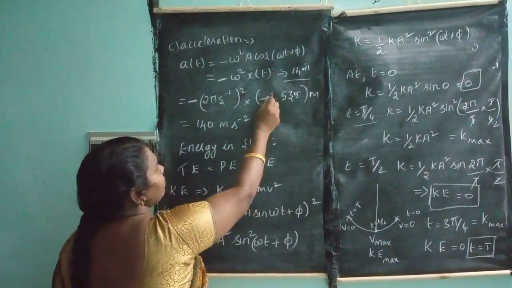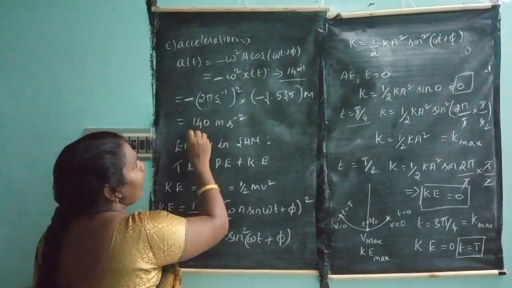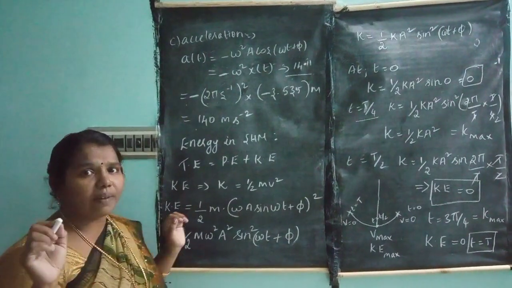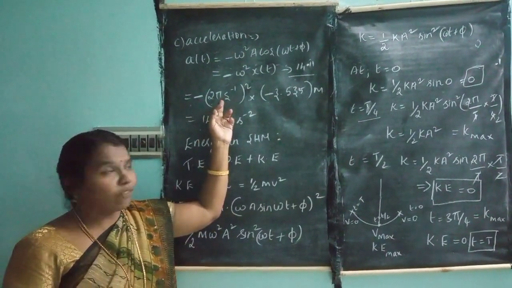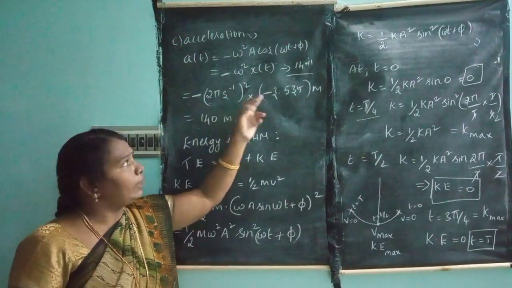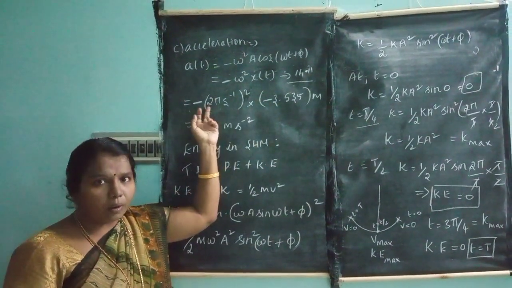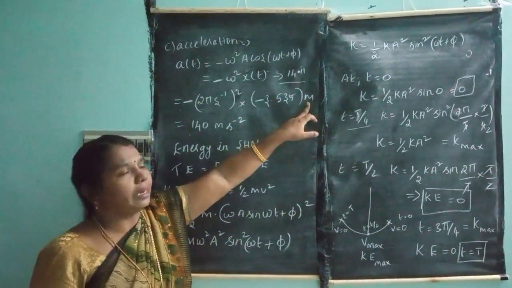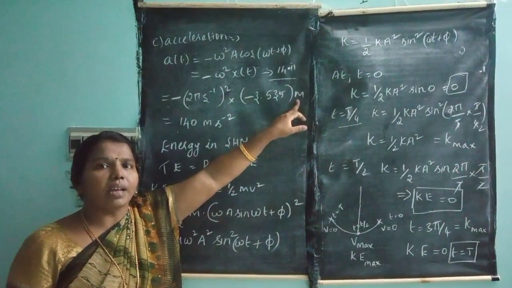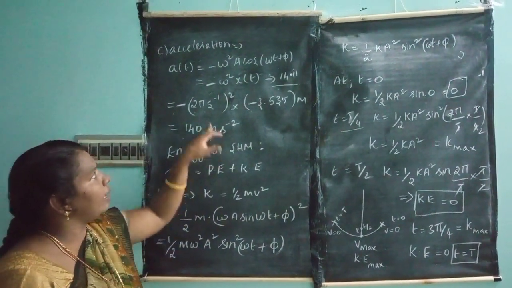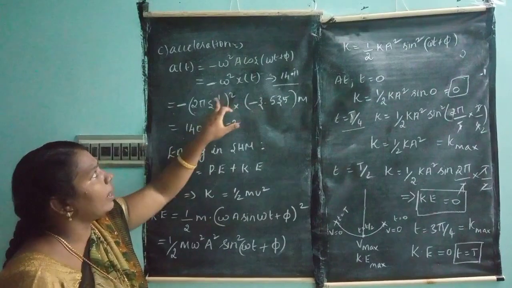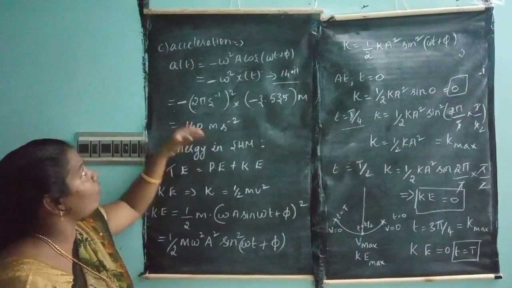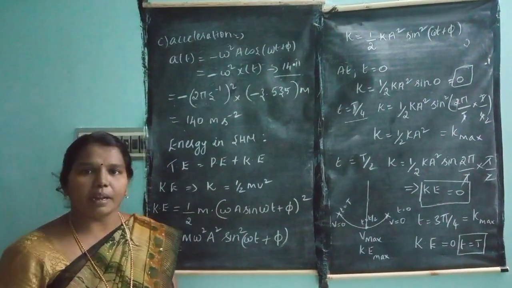So the minus is converted into plus. Therefore 2 into pi, what is the pi value? 3.14. So 2 into 3.14 into this answer. When I multiply all those values, you get 140. What is the unit here? That is meter, because in displacement you got the answer in meter. So I am writing meter. Here, s inverse the whole square means the answer can be written as s power minus 2. Therefore, the acceleration value is 140 meter per second square.